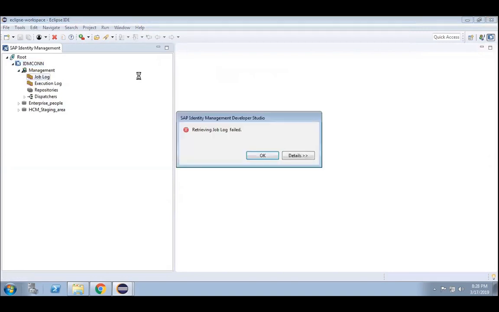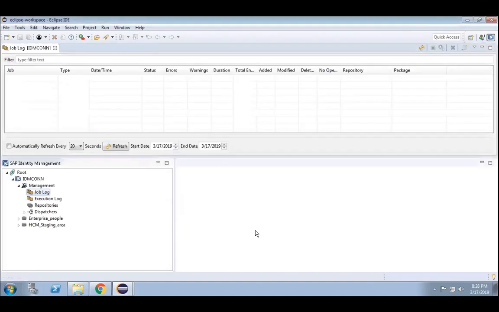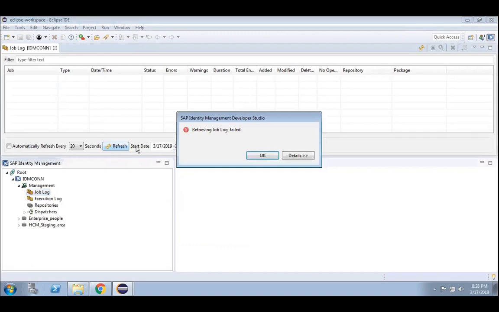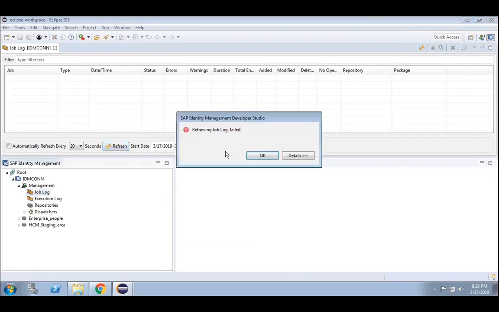No. What is it saying? Retrieving job log failed. Neon won't support, huh? Eclipse will. I'm thinking why Neon is not supporting. No, Oxygen is not supporting.